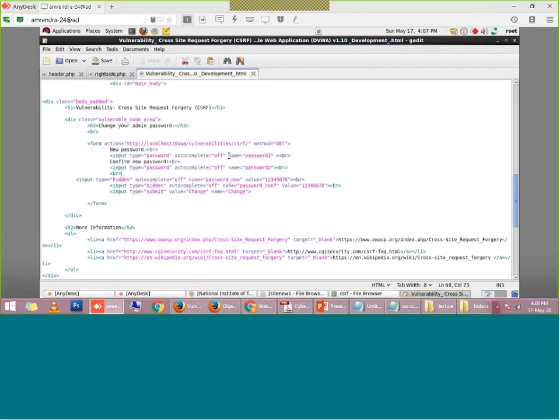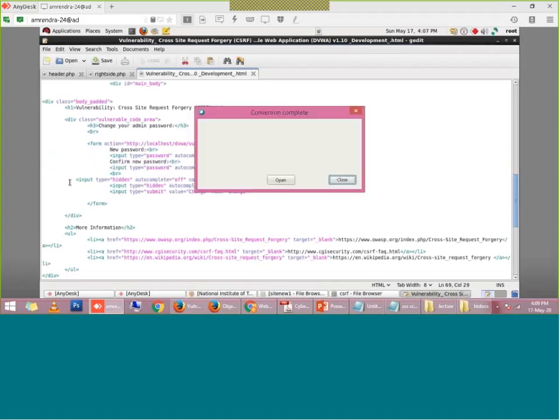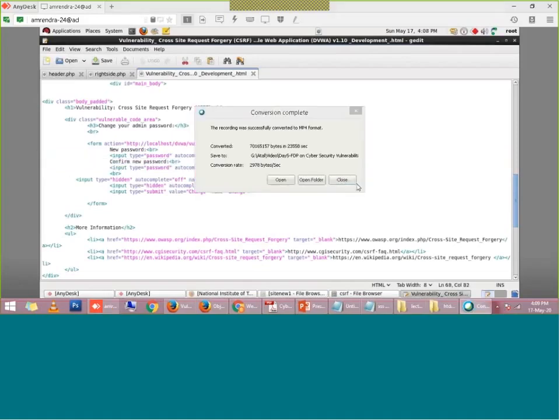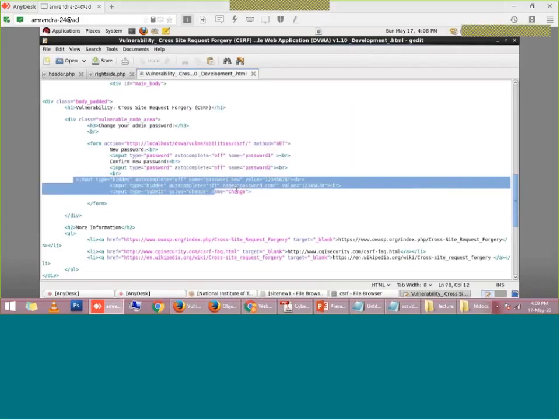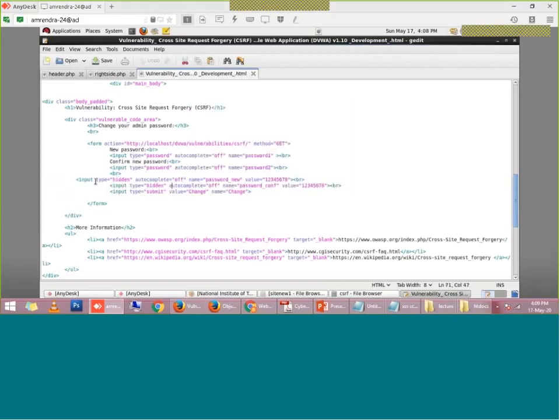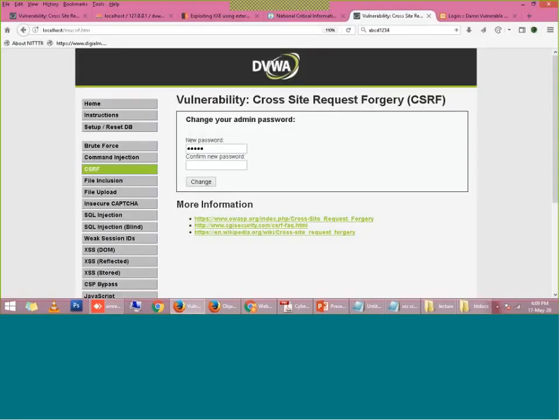I have renamed these fields password1 and password2, and I have added some additional input fields, which are hidden fields, and I have given them the same names as DVWA has.